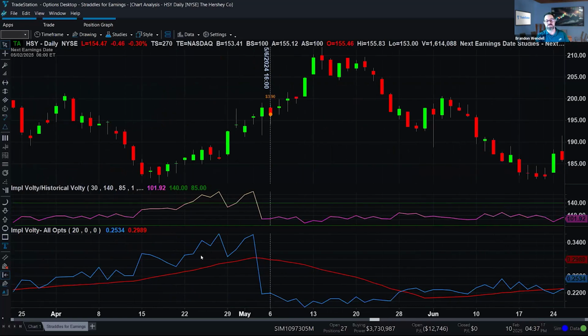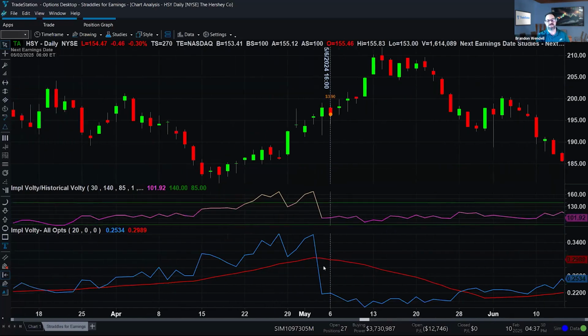Because we don't want to take too much of a drawdown, even though with options, it's likely to come back if everything works out. Yeah, you may have a small drawdown at the beginning, but it shouldn't be beyond a certain amount. And we'll talk about that and how to figure it all out and manage the position right now.